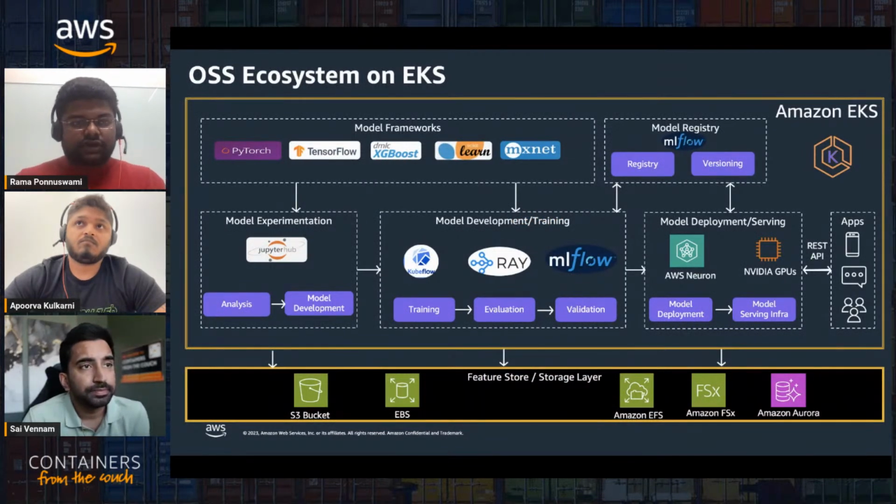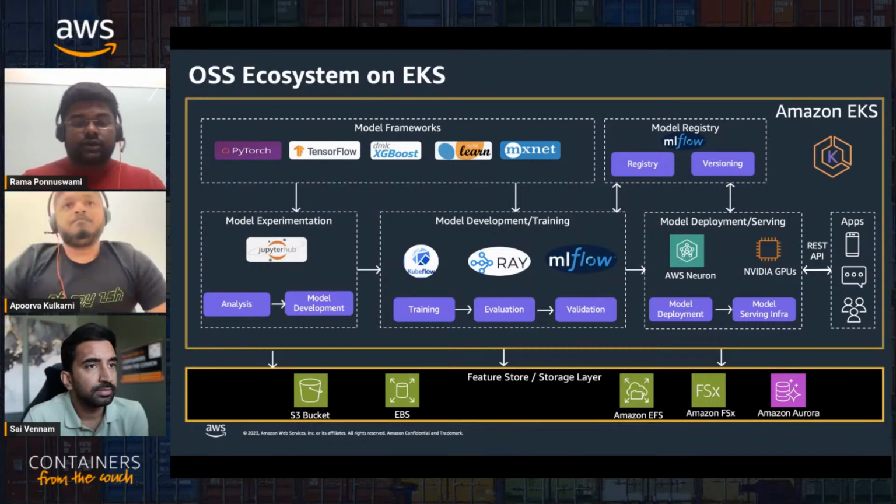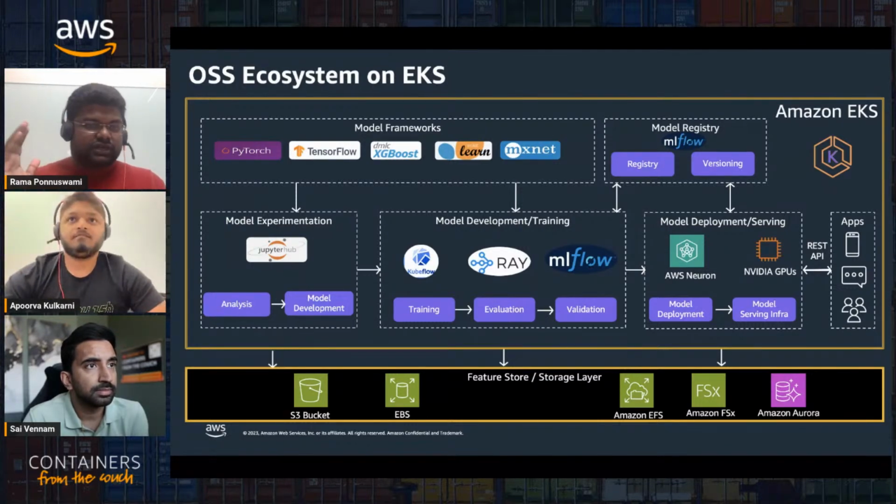And in terms of open source ecosystem tools, you get to leverage these open source innovations without any additional cost, right? And you get to pick and choose the right tools to address the right challenges without having to use a one size fits all solution where you're having to make a lot more customizations than is needed, right? So in terms of the tools available, it starts from the model frameworks,